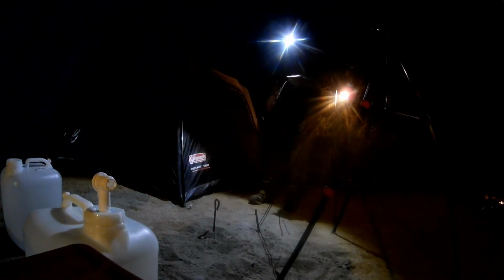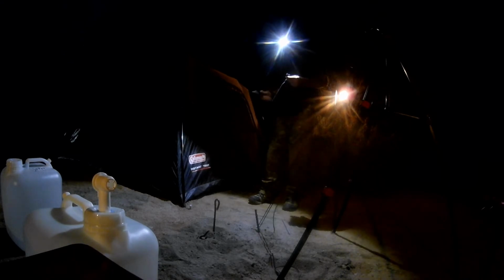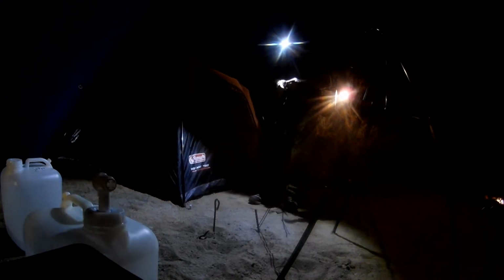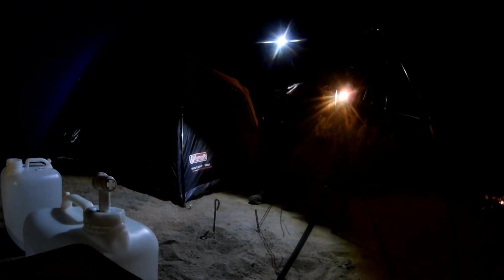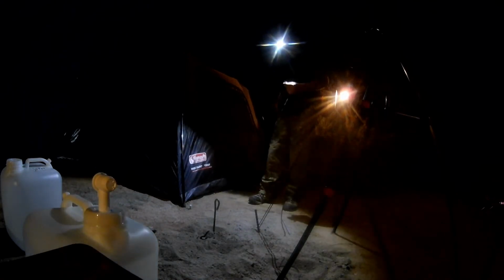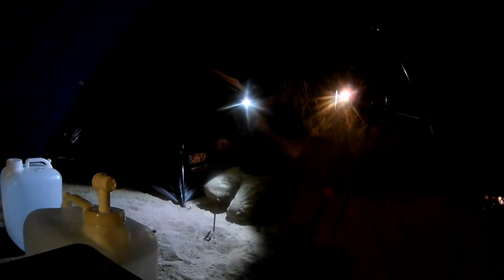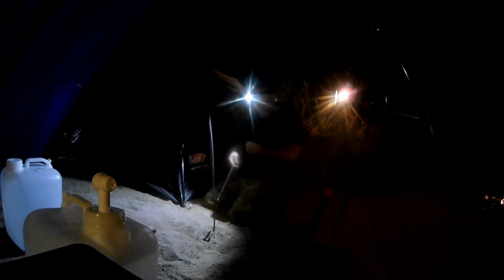Yeah, I'm just basically cutting all the ends off of this. This plastic stuff sucks. I'll get rid of all of that. I'll burn the ends tomorrow so they don't fray too much. Or maybe even just swap it out for 550. I don't know what this stuff is, but